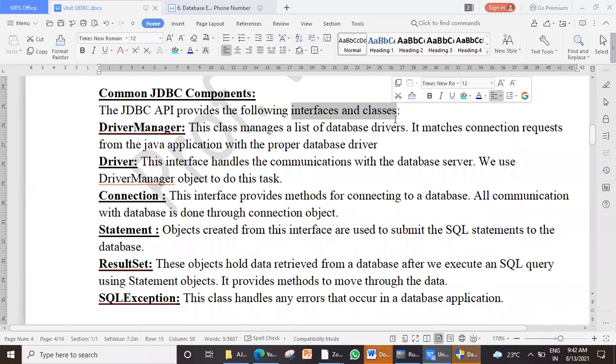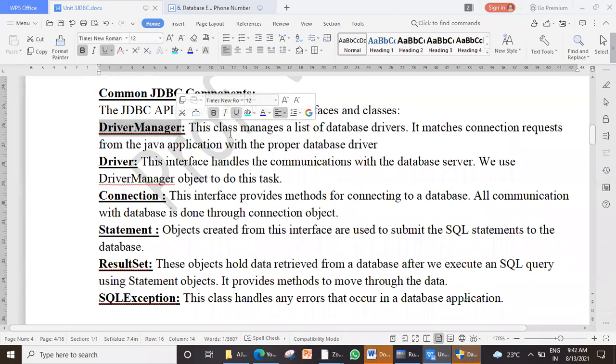Ready-made interfaces and ready-made classes. As for applets and event handling in Swing, you use ready-made classes like JButton, JCheckBox. Pranay, are you here? Similarly, here ready-made classes are there. The first class, which is very important to us, is DriverManager.